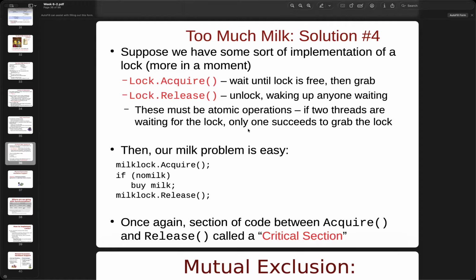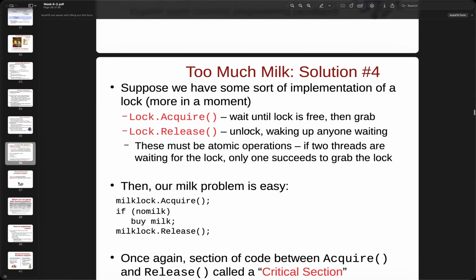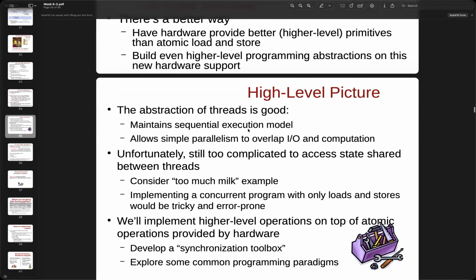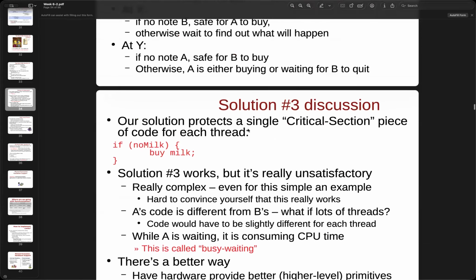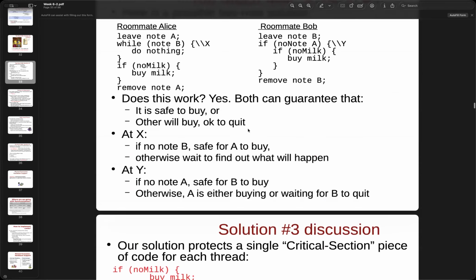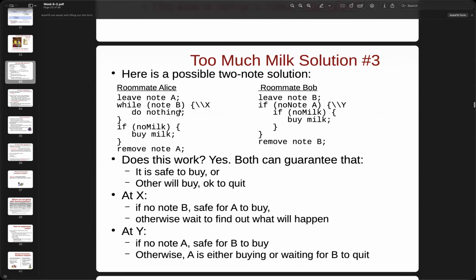Just to review what we covered in the previous lecture: we talked about the too much milk situation, and we compared different solutions. Solution three looks better because we add a note and then check the condition in a while loop.